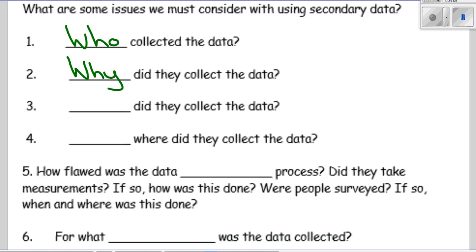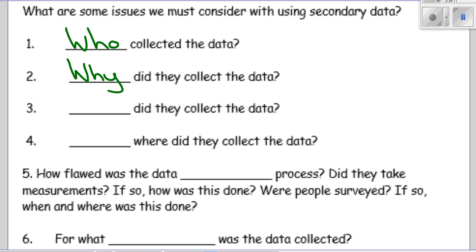If you do get secondary data, try to think about these things. How did they collect the data? Was it by survey? Isn't it who, what, when, where, why? This is not necessarily meant to be that. I think, so who? How did they collect the data was what I was thinking. Couldn't when be a factor as well? Yeah, exactly. That's a good point.